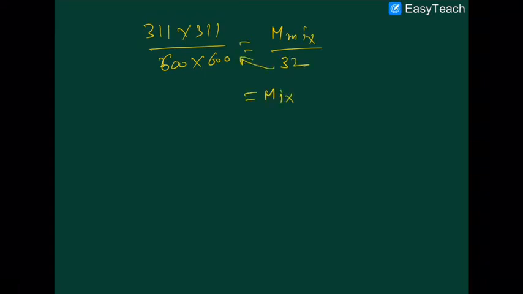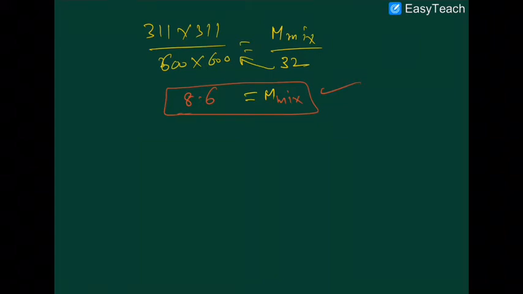So when you cross multiply it, the answer comes out to be molar mass of the mixture 8.6. Okay, sure about that? Now everyone knows that molar mass of methane is 16